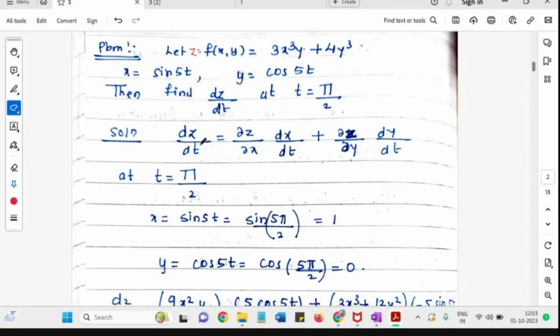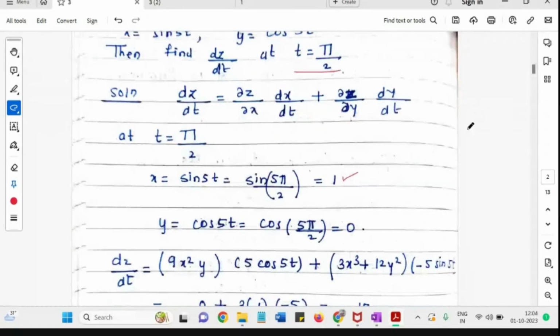The job is simple. dz by dt is equal to dou z by dou x into dx by dt plus dou z by dou y into dy by dt. Now t is given to be pi by 2. The value of x is sine pi t, so the value of x at t equal to pi by 2 turns out to be 1. y is given to be cos pi t, so the value of y at t equal to pi by 2 turns out to be 0. Now applying the chain rule,